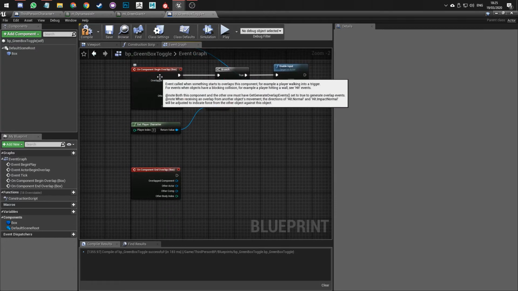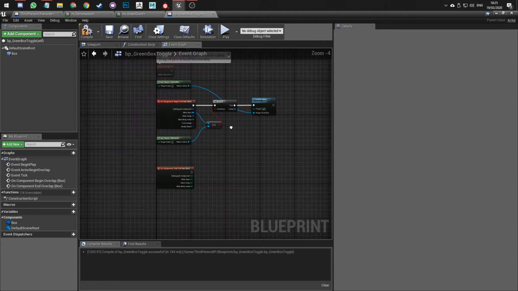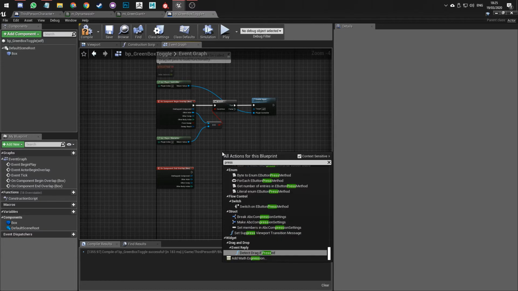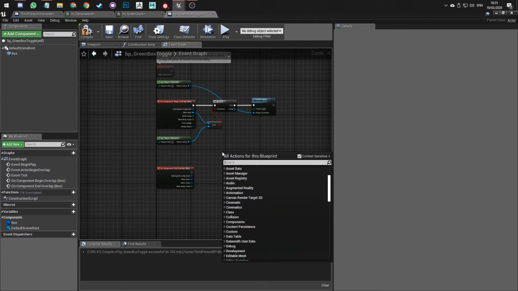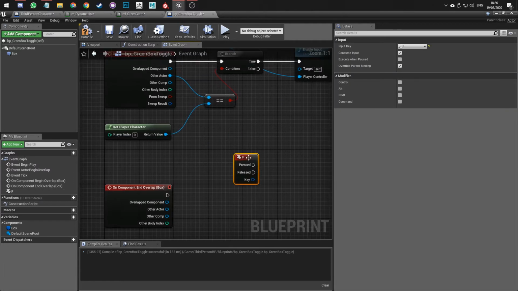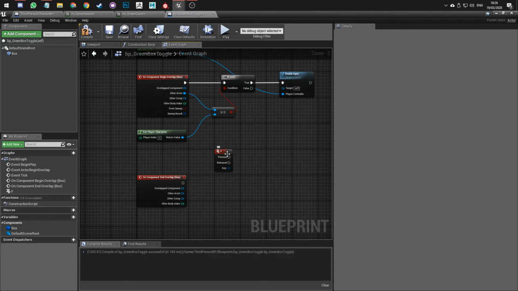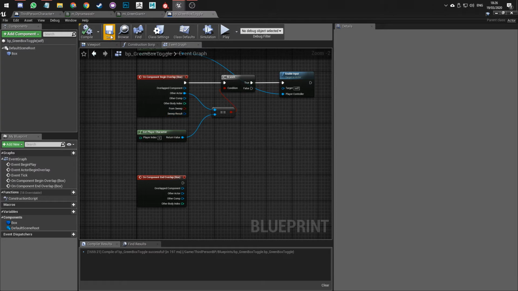So, as parts of our begin overlap, we've got our enabled input and everything's perfect. So now we need to choose a button that will interact with our object. Now, most tutorials would probably just tell you to use the input F key, and it will just tell you to do it from here. This is a valid way of doing it, and I wouldn't fault anyone for doing it this way, but I personally do it another way, purely because it's easier to reference, you'll get less confused down the line, and